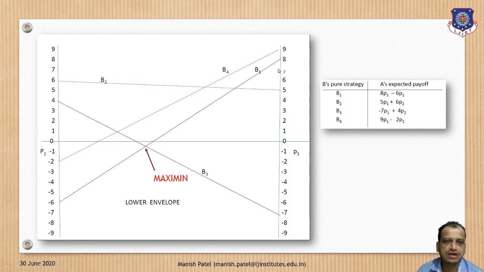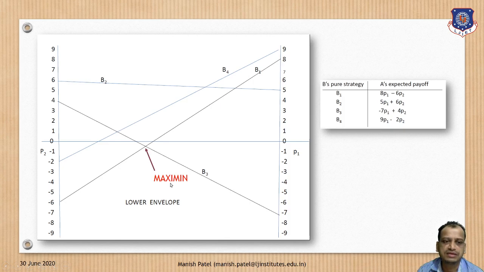Now when you find out the intersection, you will get the maximum. What do you mean by maximum? What is the strategy of A? A has the strategy to maximize the minimum gain, right? So what is the maximum point here? You will find it with the help of this name only. You go to the minimum area, minimizing area. It is at the lower boundary. This is the lower envelope, this side. Clear? This side is the lower envelope.